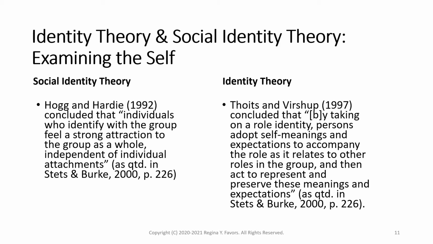So initially they may sign up to be parliamentarian and come to fulfill that as a role identity within the group. But then once they realize they have a lot of power being parliamentarian, in the fact that they have to keep order, so anyone who gets out of line, they can use Robert's Rules of Order to get everybody in line, they begin to feel importance from that. So then that extends to them adopting a self-meaning: I am important because of the role that I fulfill.